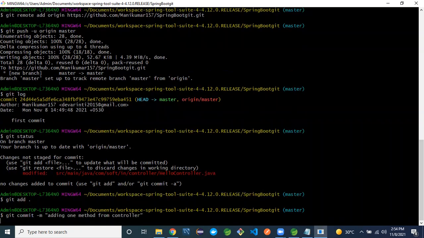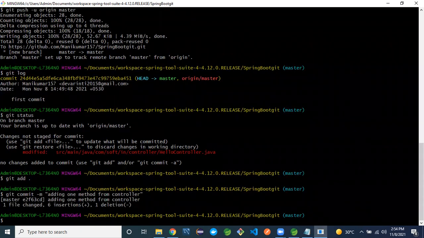Enter. See, one file is changed. After that we can push this file to GitHub.